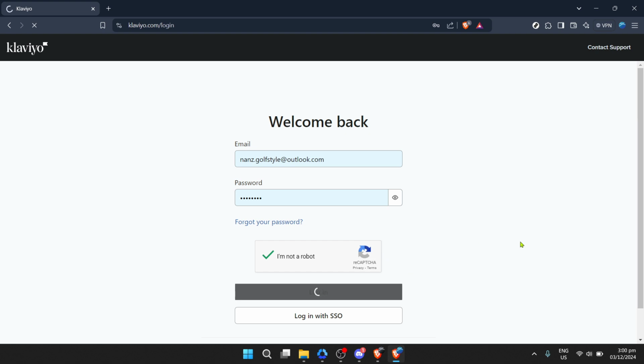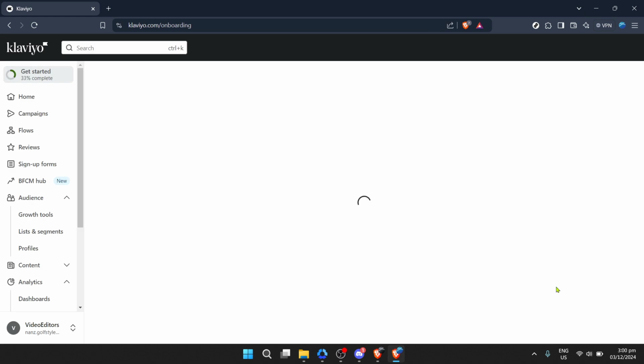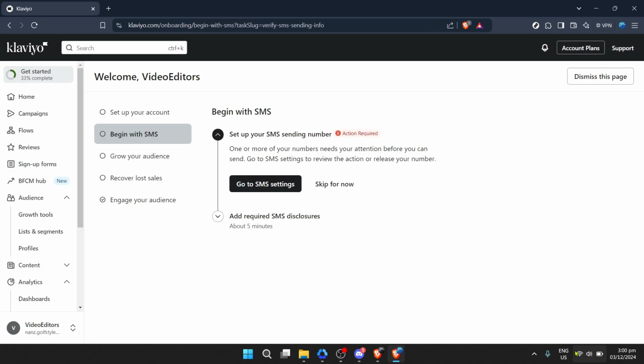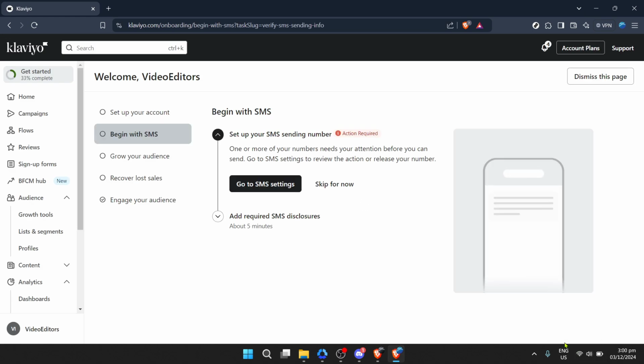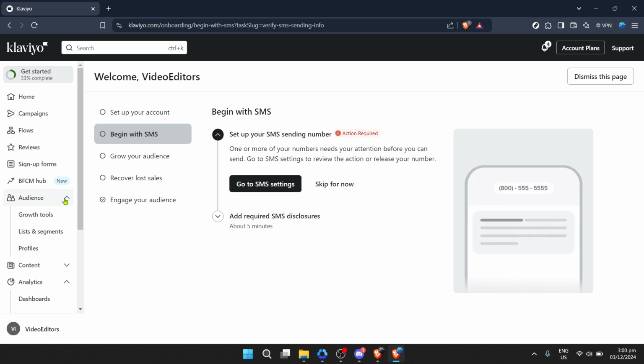Once you're successfully logged in, your next step is to navigate to the metrics section of your dashboard. On the left hand side, or sometimes at the top, depending on any updates to the layout, you'll find the metrics button. Clicking this will take you to a page displaying all the metrics you're currently tracking. Now you're ready to create your own custom metric.